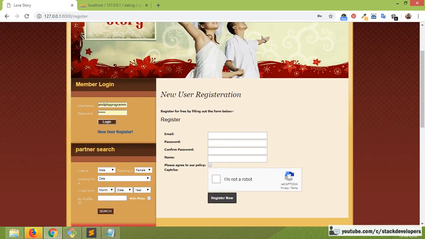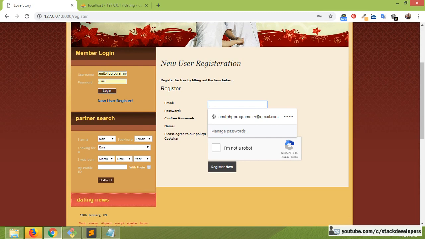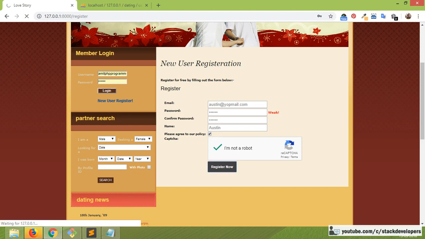New user addition. First I will add an ID, like Austin at elevate.uofmail.com. At a later stage we require u of mail. We can add 1.5.6, a simple weak password, since this is for testing. Austin is the name. Now we simply click on register, and we reach the step 2 page